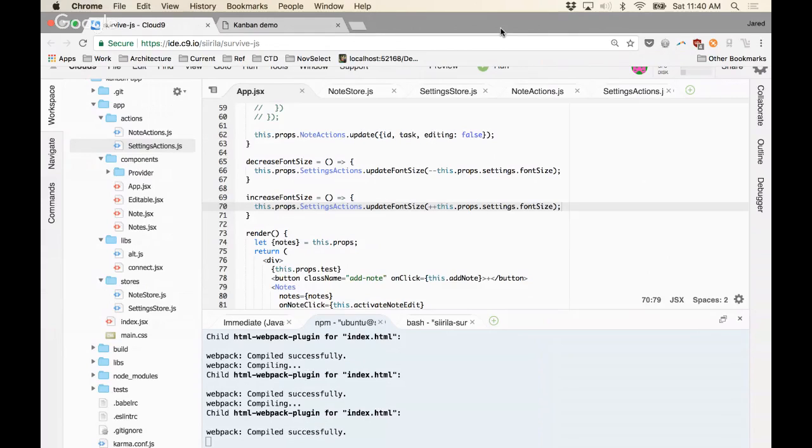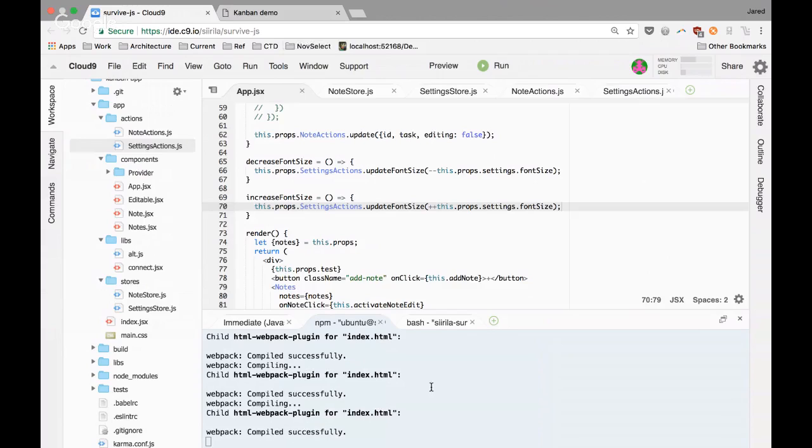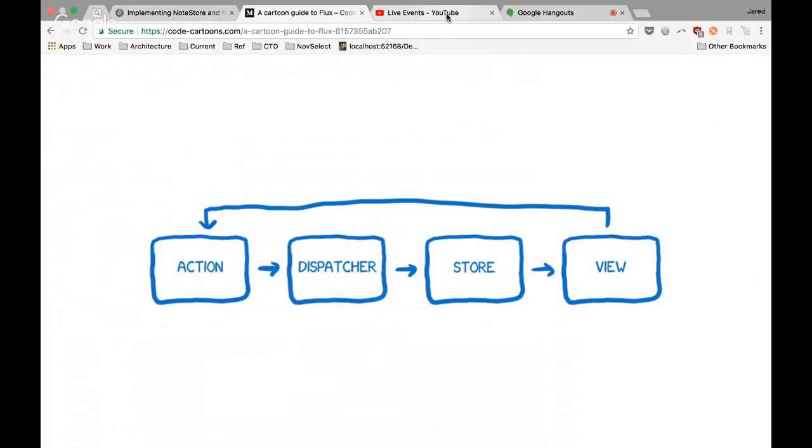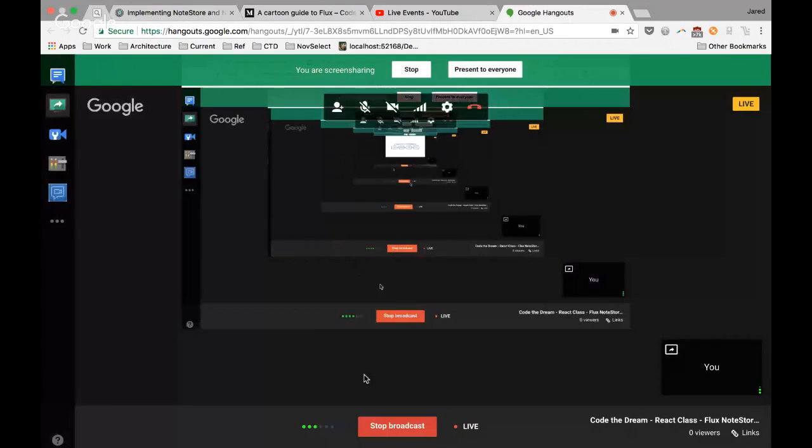Break, and if anybody has any individual help they need, any problems that they're stuck on, we can work through some of those. I'll get this branch posted up so that you guys can look at it as one sort of built on top of the other one, the NoteStore, and give that as a little bit of a stretch goal to try and implement it so you could change your font sizes with it. Other than that, on Tuesday, don't forget,